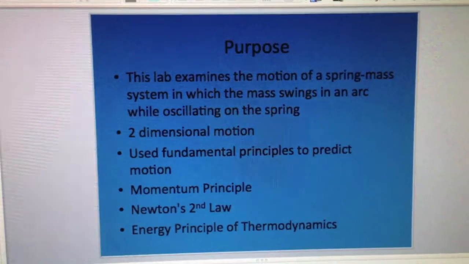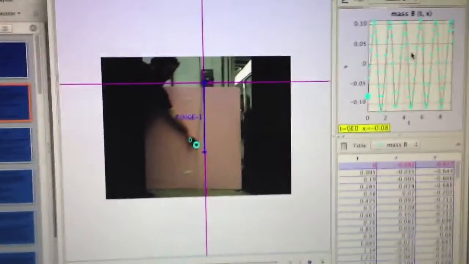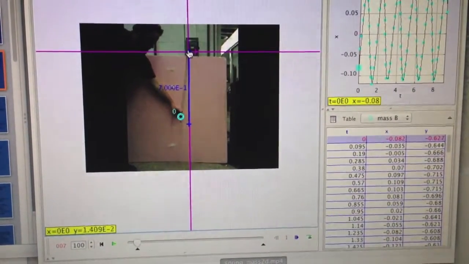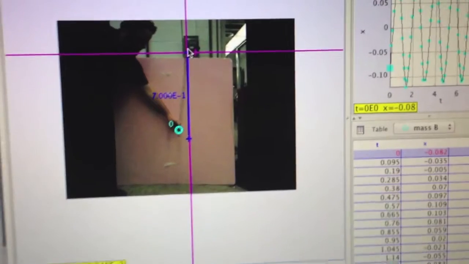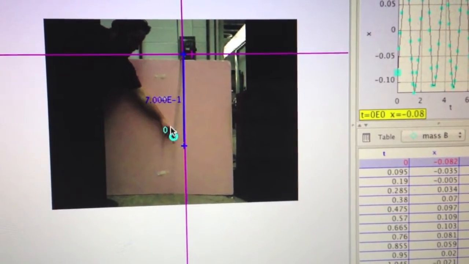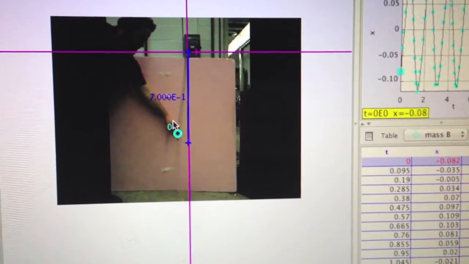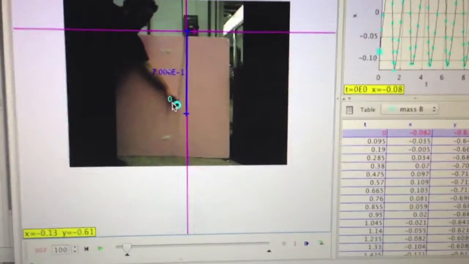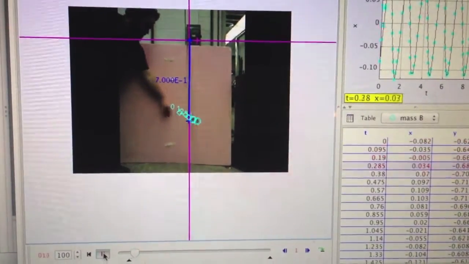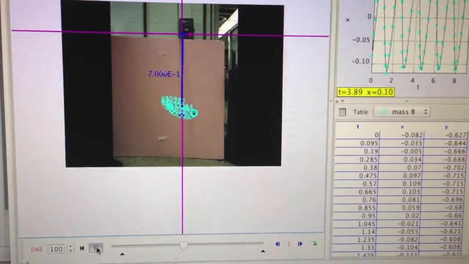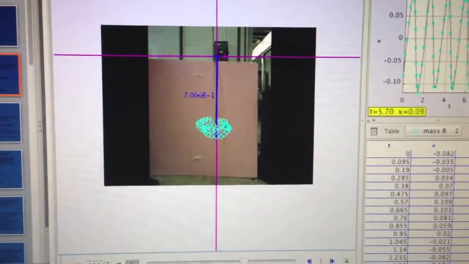So the first thing I did was take the video that Dr. Greco gave us and exported it to Tracker. I set my origin at this fixed point up here, and my relaxed length of the spring, which is my calibration stick, I set equal to 0.7 as stated in the video. I started my video right whenever he releases it from his hand, and then I tracked my center masses. I got over about 100 data points,